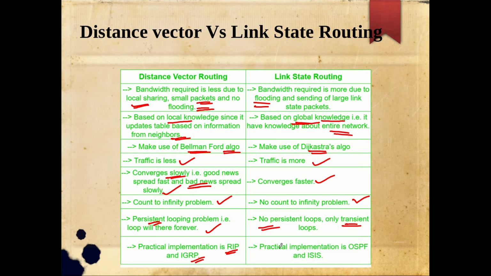And the practical implementation of distance vector routing is something we can see in the Routing Information Protocol and the Interior Gateway Routing Protocol, IGRP, developed by Cisco. And for link state, OSPF and IS-IS were the practical implementations. So just a quick difference between these two protocols. So hope the protocols and their differences are well clear. And the only thing I want you to do further is to study the Routing Information Protocol and OSPF protocol in detail, and you can submit it as your assignment.